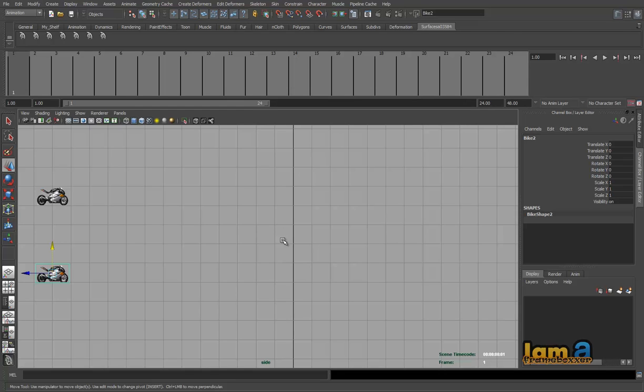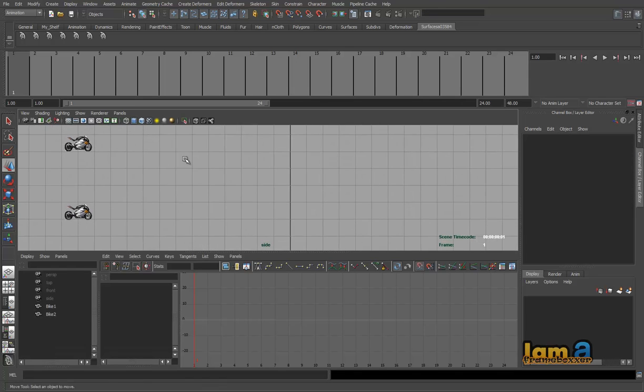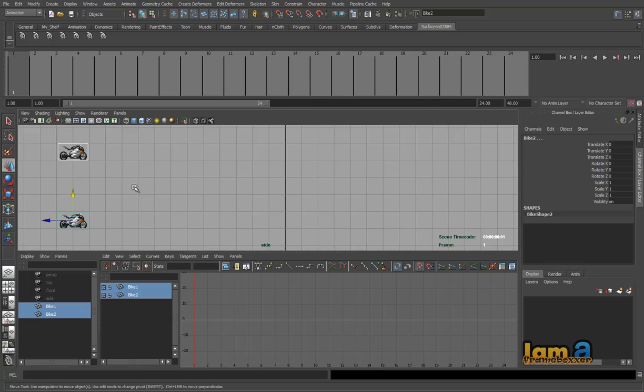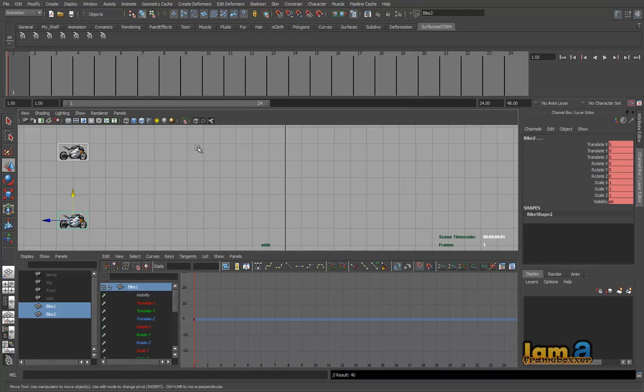Let's have a heads up of understanding timing and spacing with a simple example. So let's go to a comfortable layout, as we told before, and then select both the bikes and get on to the Animation tab, Animate, Set Key, option box, prompt, and put in 1 and 60, 1 space 60. So basically we are entering a list of times and say okay to this.